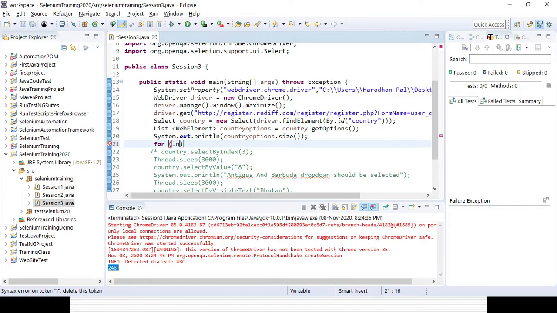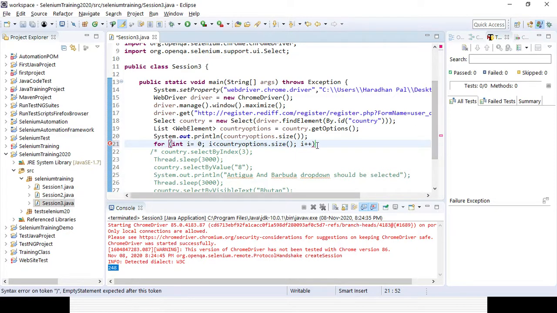Okay, so here I will use a for loop. Whenever you are declaring a for loop, you have to define an integer and some variable. Suppose it will start from 0, and it will go till the options size, so i less than the size. Because it is starting with 0, it will go to n minus 1. Suppose the size is n; obviously it would be 1 to n, but as it starts with 0, it will be n minus 1. That is the reason it is less than, not equal to. Then again semicolon and i plus plus.